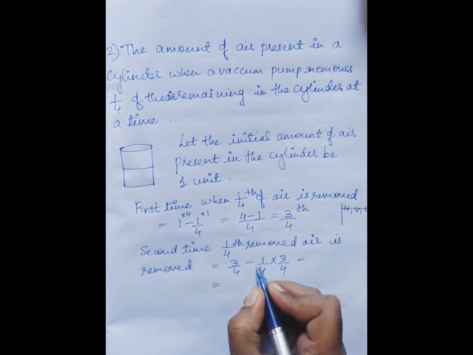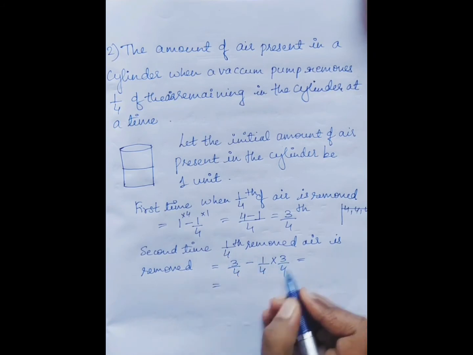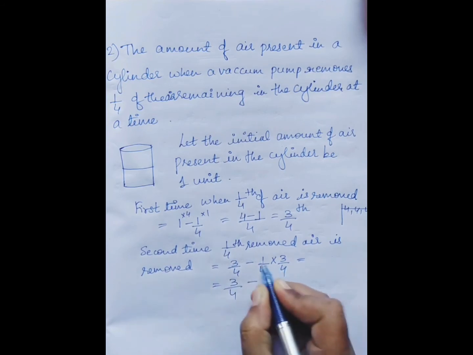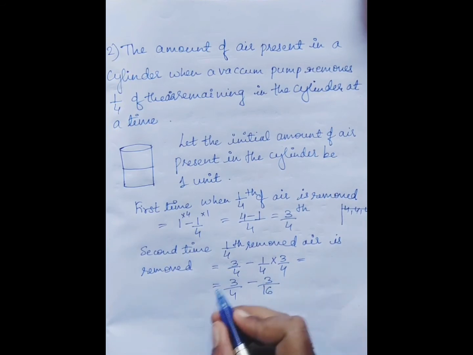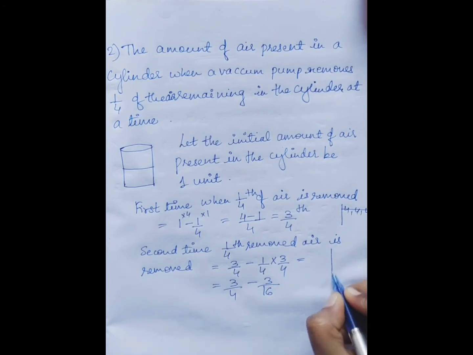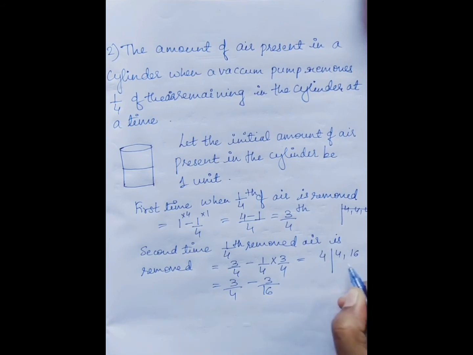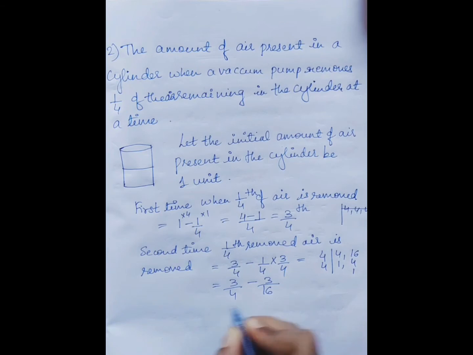Okay. So here what I am going to do is, in this part I am going to multiply these two terms. So 3/4 minus 3 into 1 is 3, 4 4s are 16. Now we need to find the LCM for this. To the side I am going to find this. Okay. So 4 and 16. 4 1s are 4, 4 4s are 16. Then 4 1s are 4. The LCM is 4 4s are 16. See, LCM is 16.